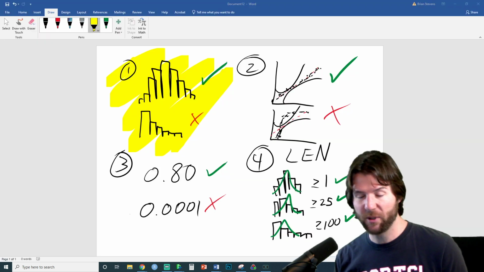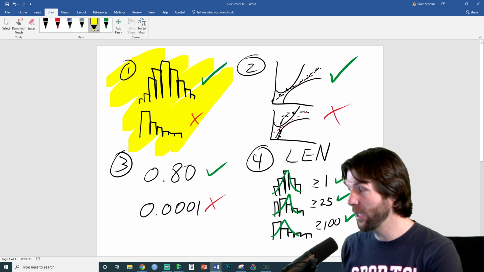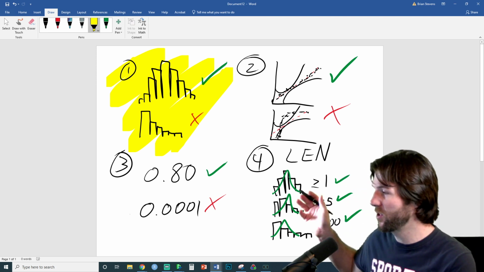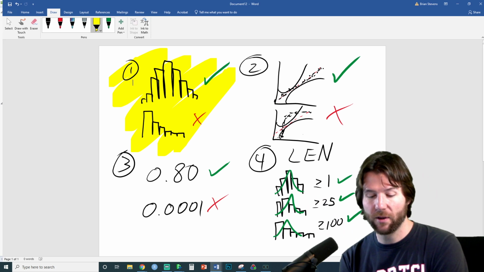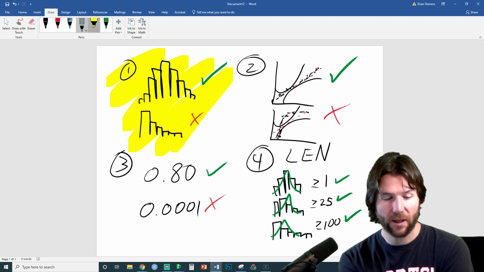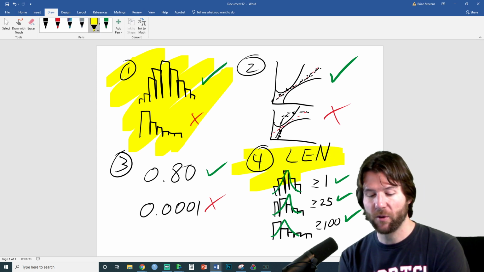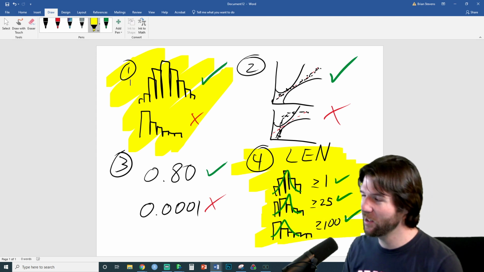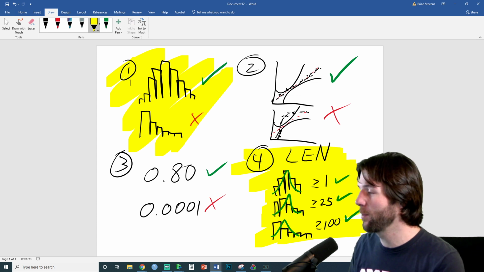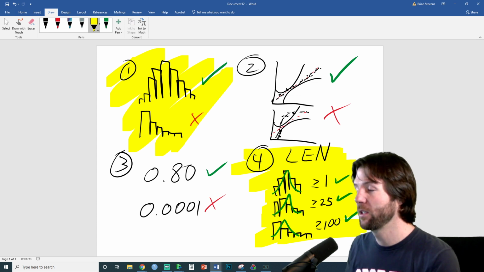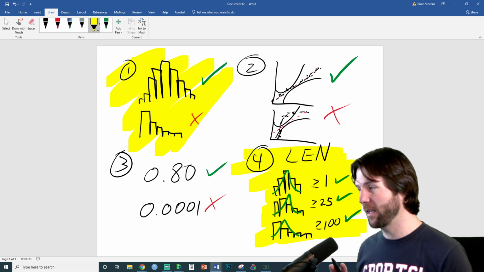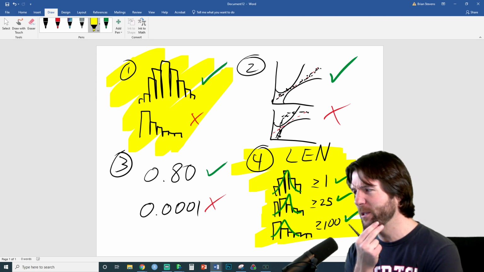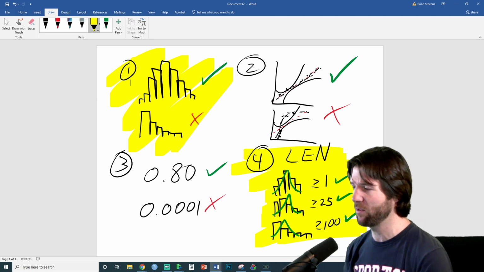Yours was a little bit skewed. So if it was a little bit skewed, which of these numbers over here might apply? I would go to condition 1, then condition 4. If you were to be really careful, which of these numbers would you want to meet for condition 4? 25. And that's being very careful because it's a little bit skewed. So I think we need at least a sample size of 25.